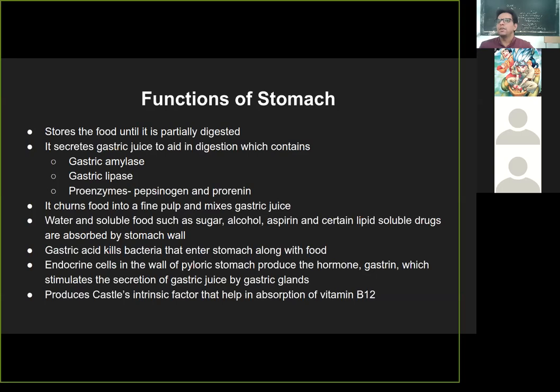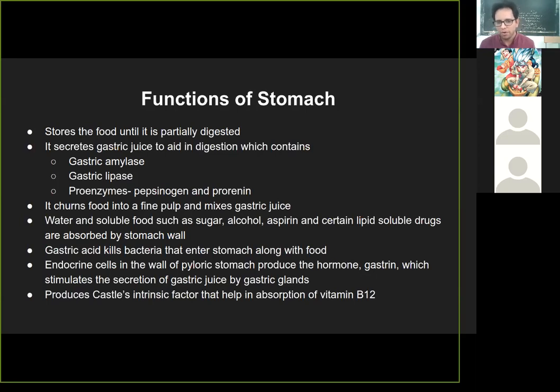So that is actually the function of your appetizers. Whenever you go to a restaurant and you ask for that 5 course meal and the first one is an appetizer, the function of the appetizer is actually to allow the gastrin to get secreted, and then gastrin in turn will allow the gastric acid or gastric juices to get secreted. So by the time the food is entering, the appetizer has already asked the stomach to secrete gastric acid, so there is better digestion. So that is the function.